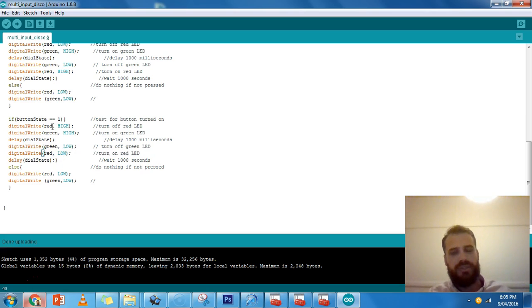Okay, so if you take a look at what's happening here, red's turning on and green's turning on at the same time. The delay will be the amount that the dial is turned, and then we turn them off, and then the delay again will be the dial state, and then if the button isn't pushed,